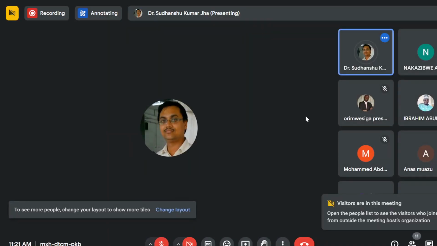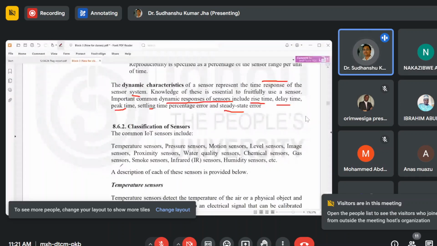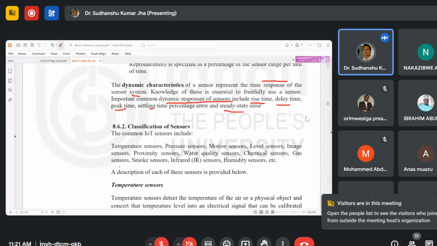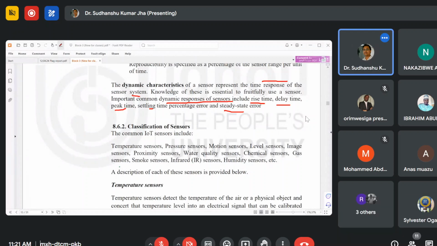So depending upon what kind of applications you may have, what kind of functions you are supposed to perform, accordingly we have different kinds of sensors. We have various kinds of sensors like your temperature sensor, pressure sensor, motion sensor,